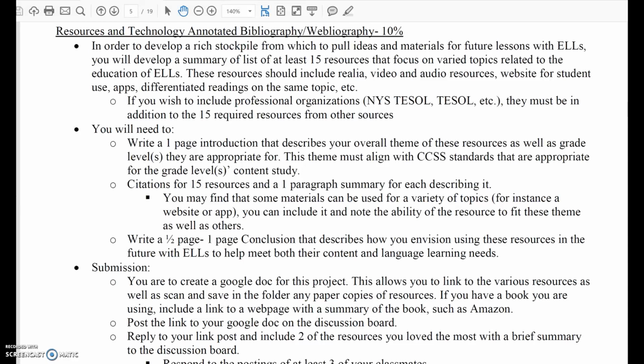The purpose of the Resources and Technology Annotated Bibliography Webliography is to develop a rich stockpile to pull ideas and materials for future lessons with ELs. So you're going to pick 15 resources that focus on a topic. They could be realia, video, audio resources, websites, apps, differentiated readings on the same topics. If you want to include one of the professional organization websites, they have to be in addition to the 15